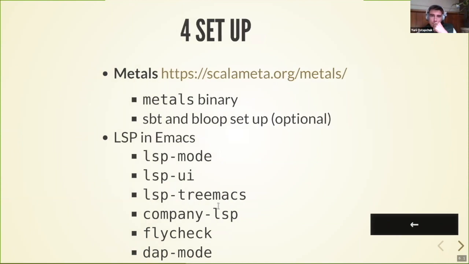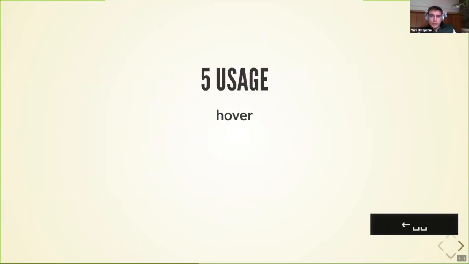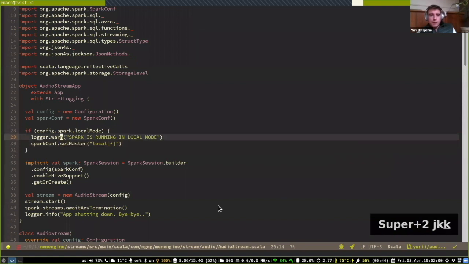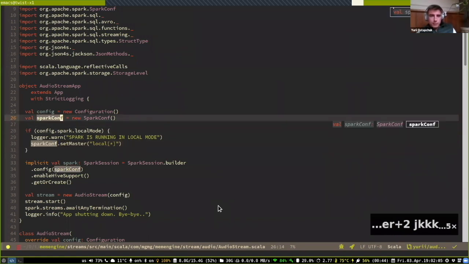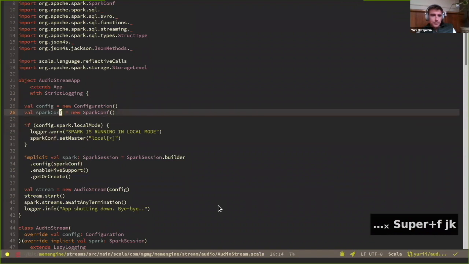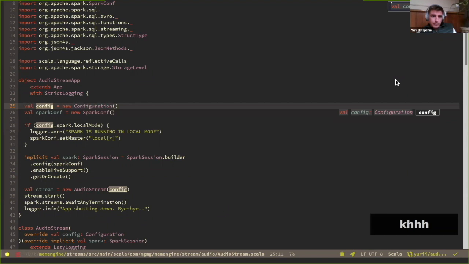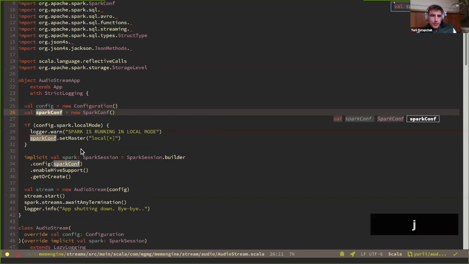All right, so let's move to usage. The first, basic and simplest feature, I would say, is hovering. So here I switch to Emacs, I'll switch to full screen. This basic feature, first of all, provides us with some kind of context, like we can see where the variable is used. And another thing, it provides us